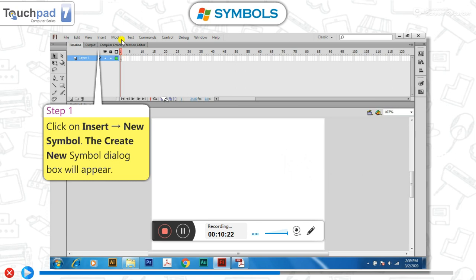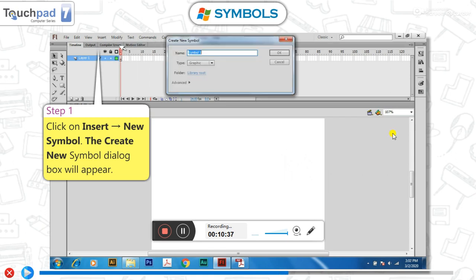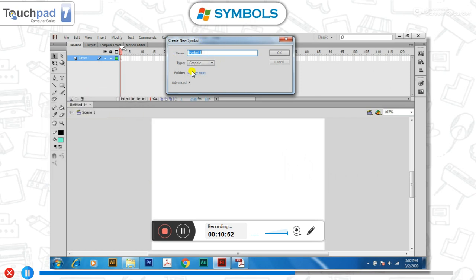Step 1. Click on the Insert menu, then New Symbol, then the Create New Symbol dialog box appears. Look here, this is your dialog box. Here is written Symbol 1. In place of Symbol 1 you can write your own name. Two things you have to change from here: name and type.